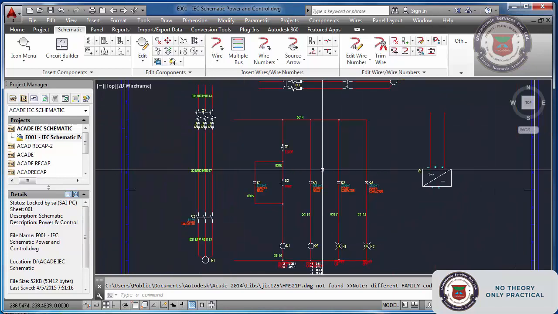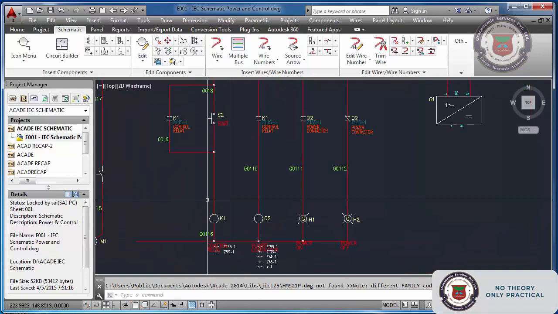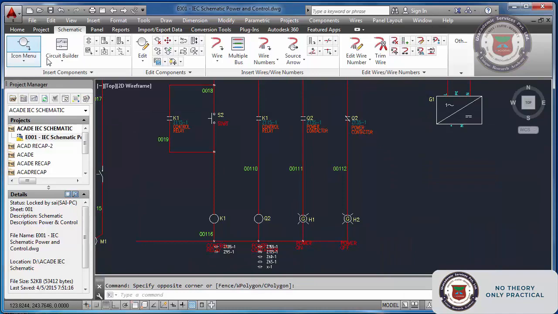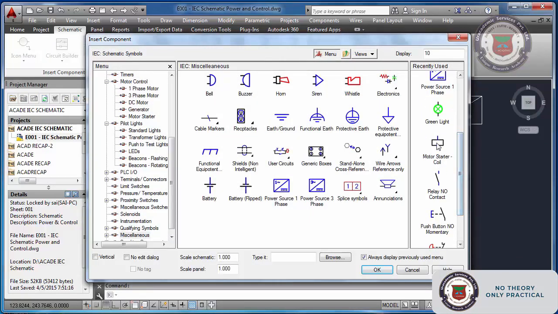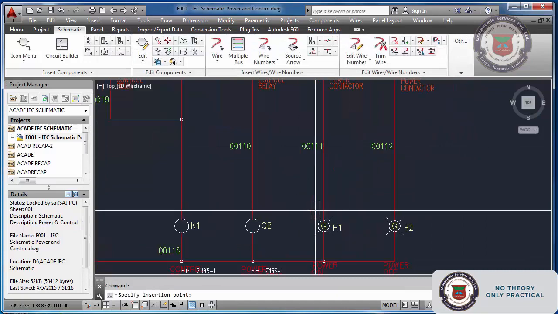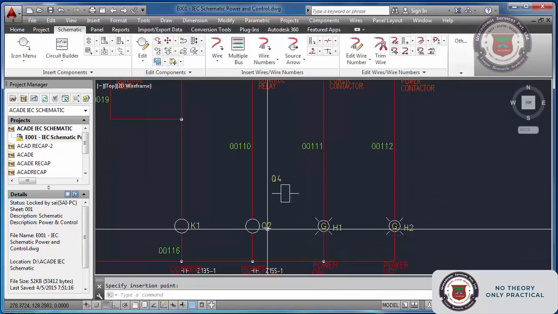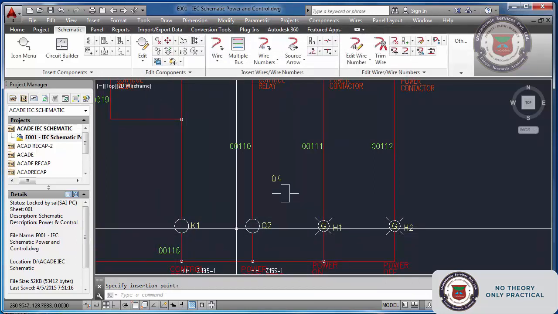The whole drawing, not only this is the coil. Earlier it was not like this. Earlier the coil symbol, you might have noted, was something like this. It was like this earlier. Now it has become the JIC symbol.